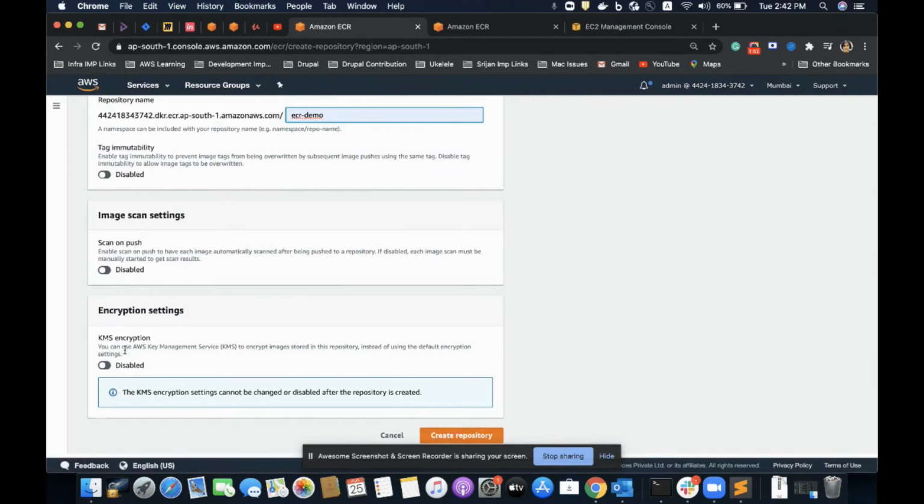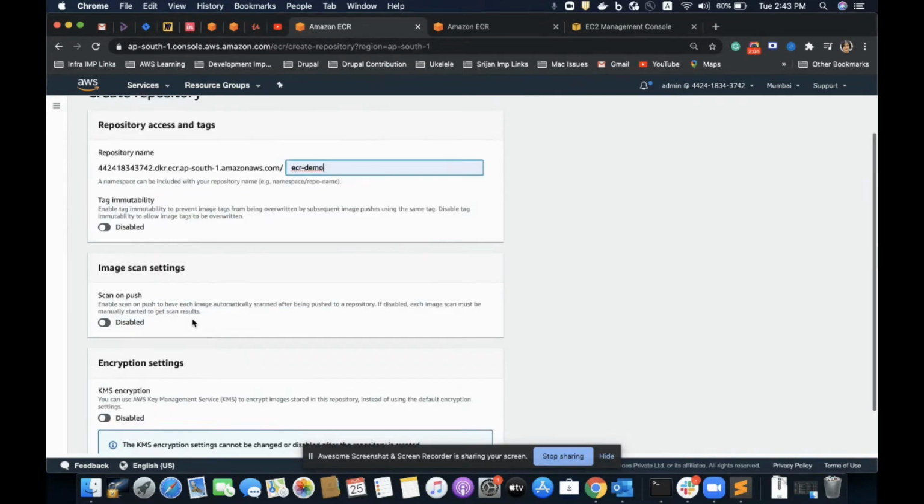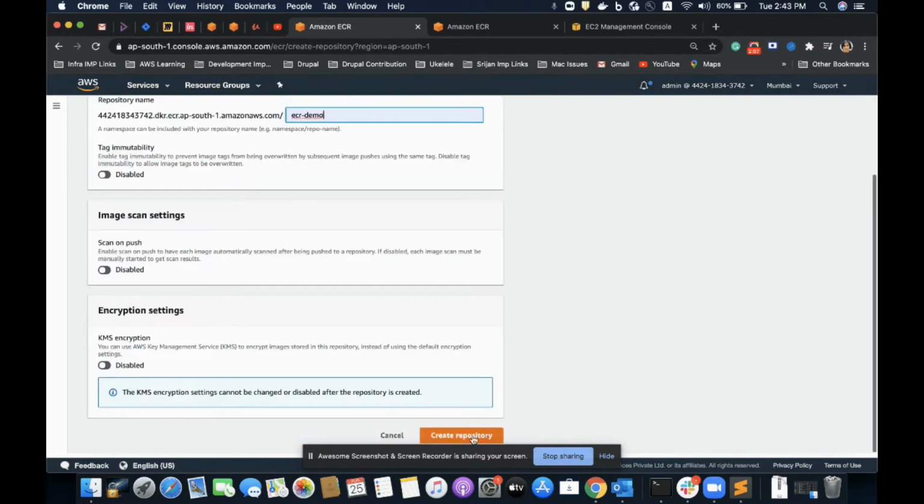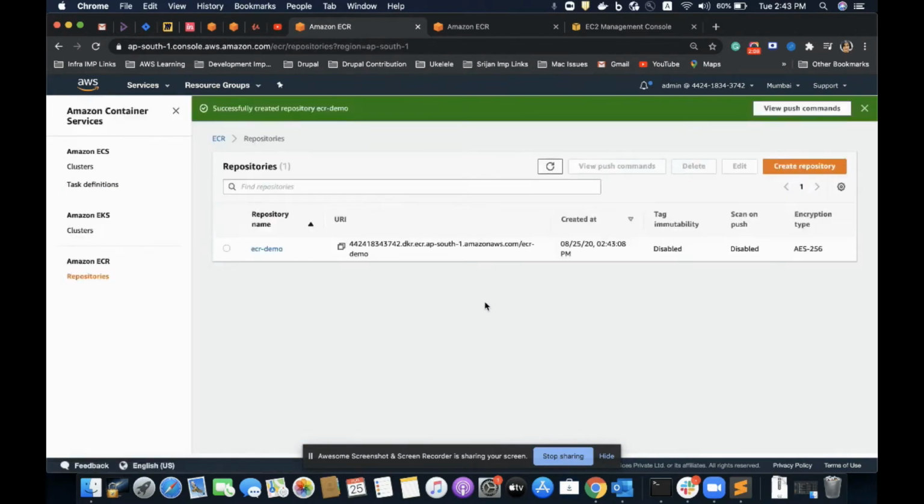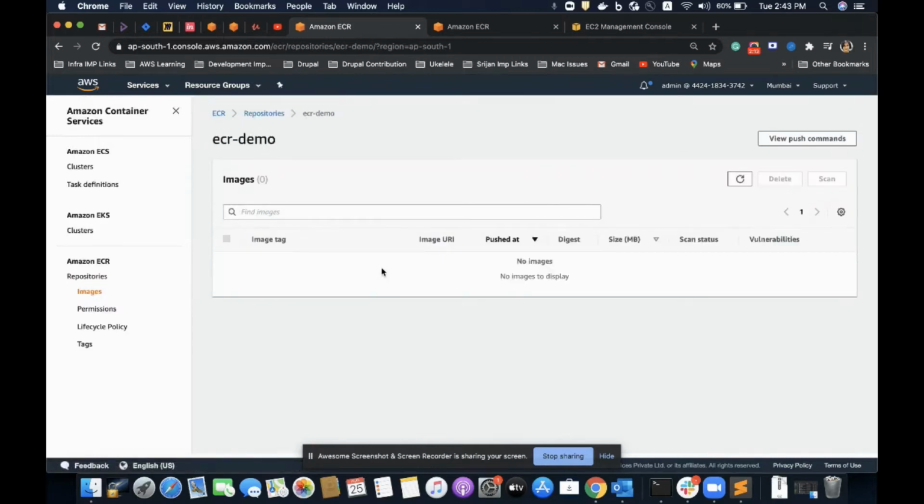One more thing, I cannot change this encryption after I have created my repository. So I'll be creating this. Yes, done. It is created, and now I'll push my Docker image to this repository.